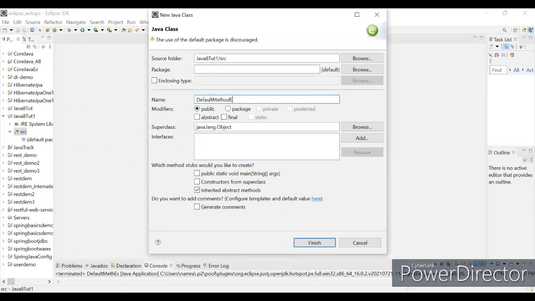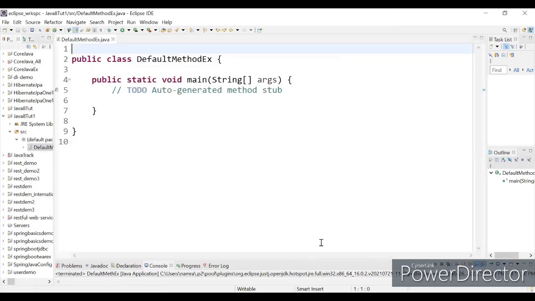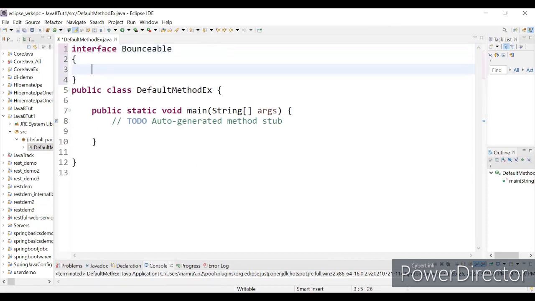Default method which was added to interface in Java 8. Let's add a main method signature also. Okay, and here in the code example which we discussed just now, the interface that we discussed was rollable, right? So here instead of rollable, let's use a similar kind of an interface called bounceable. Anything that can bounce is of type bounceable. So let's add an abstract method called bounce.